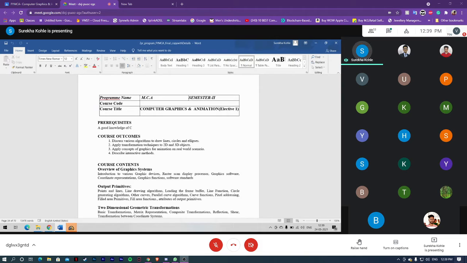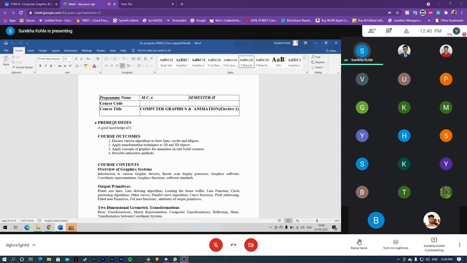But actually we don't have a lab. But if you want to execute the algorithms after implementing the problems, you can execute them using the C language, because you can see here we need prerequisites. You should have knowledge of C language. I hope you all know basic C language, where you can implement these algorithms. After implementing them in C language and executing, you will get the output of the point, line, circle, curve, then oval, ellipse, like this, right?